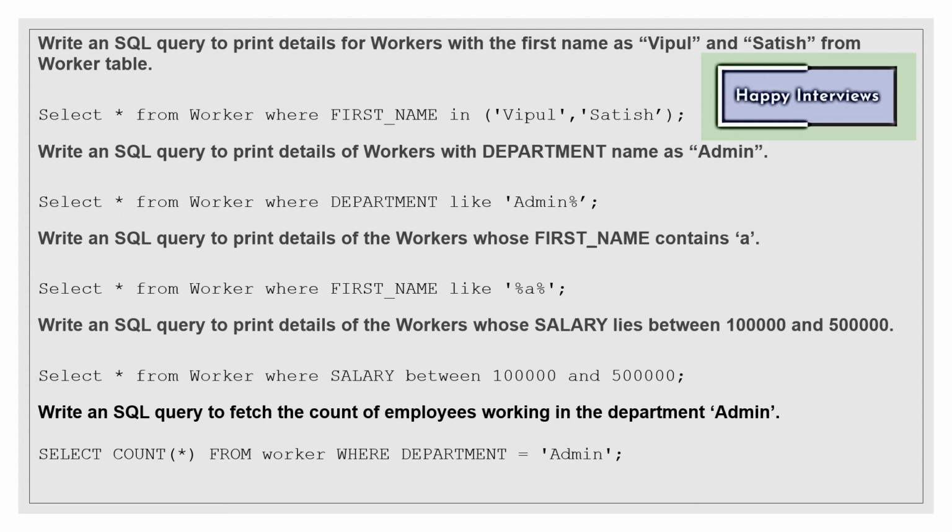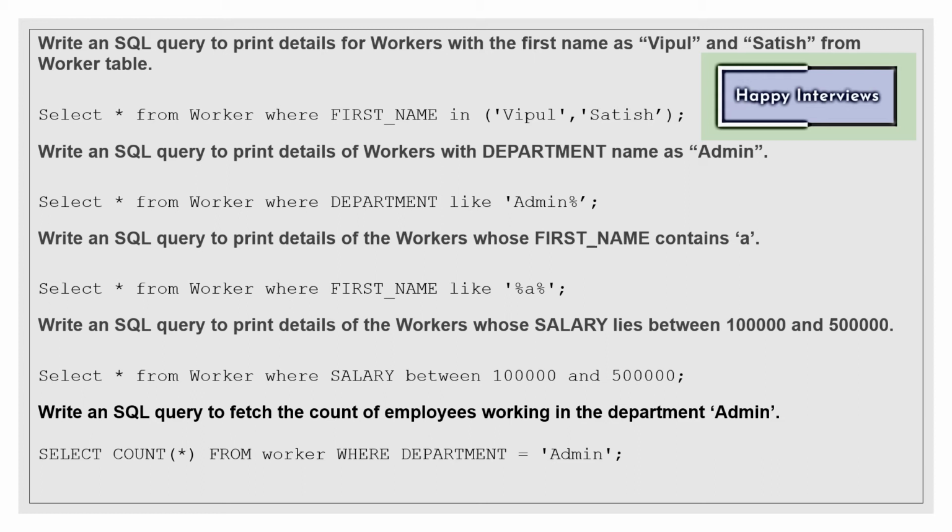About LIKE also, in the previous videos I have told that there are two wildcard characters, one is percent and one is underscore. What underscore does is it is replaced by exactly one character. Like if I have given the name as underscore underscore m, that means there are two characters and after that m should be present. All the names which are in this format will be displayed.